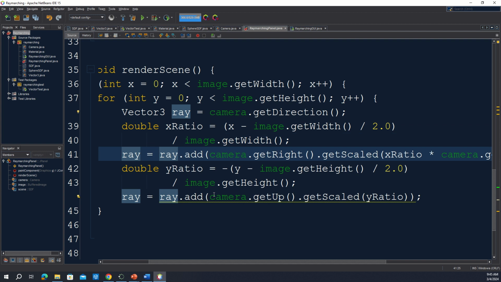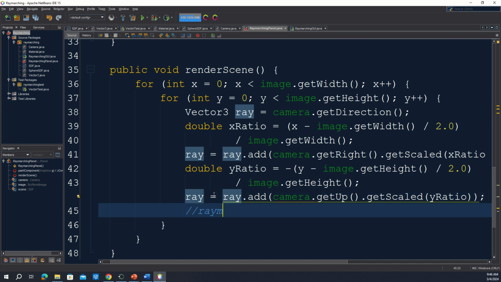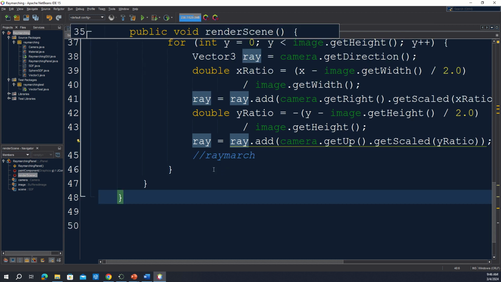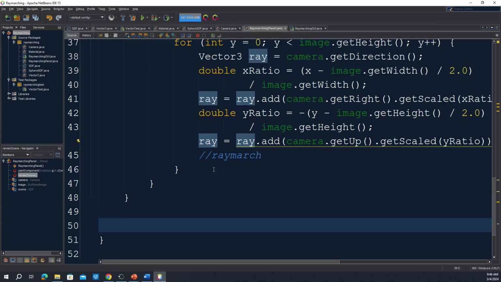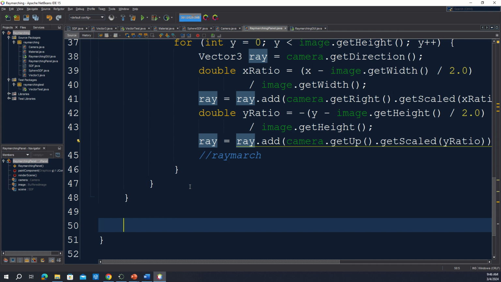Okay, and then we'll use the right and up vectors of the camera to get the point on the screen. That seems good. Okay, so right here we're going to do the raymarching, but we need to write a method for that. So let's add a method in here. I guess I'll have to take two vectors, the starting position and the direction vectors, and then this method is going to return